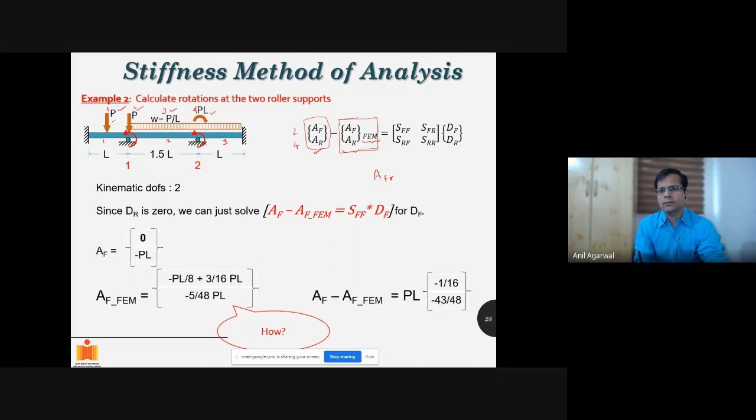So AFEM is basically the negative effect of the actual forces, and which forces? Those that are acting along the length of the member. Okay,